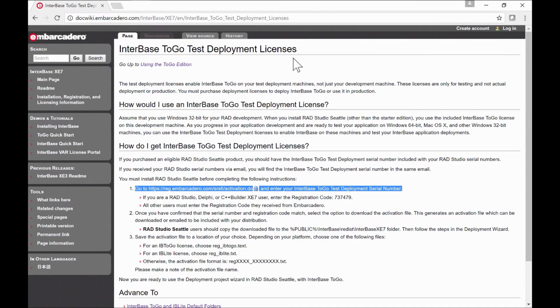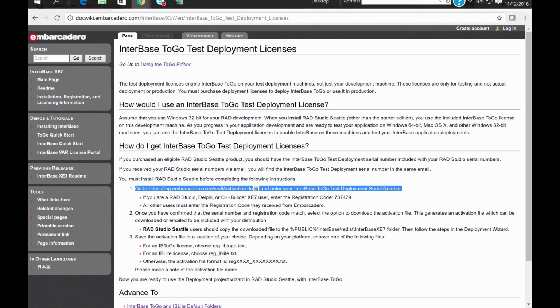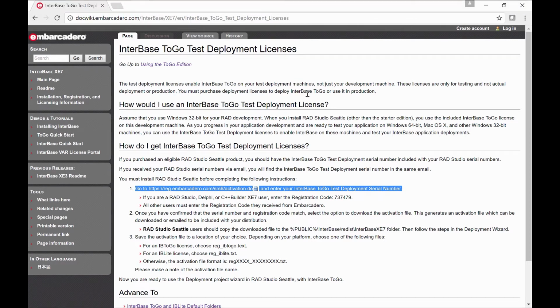I mentioned you will need an InterBase ToGo activation file to use the InterBase ToGo database. So depending on how you got your InterBase ToGo product, such as a trial download or a purchase or a test deployment trial license, you will need its serial number and registration code to license the InterBase ToGo database. This StockWiki link has instructions on how to get your InterBase ToGo activation file to deploy your InterBase ToGo database